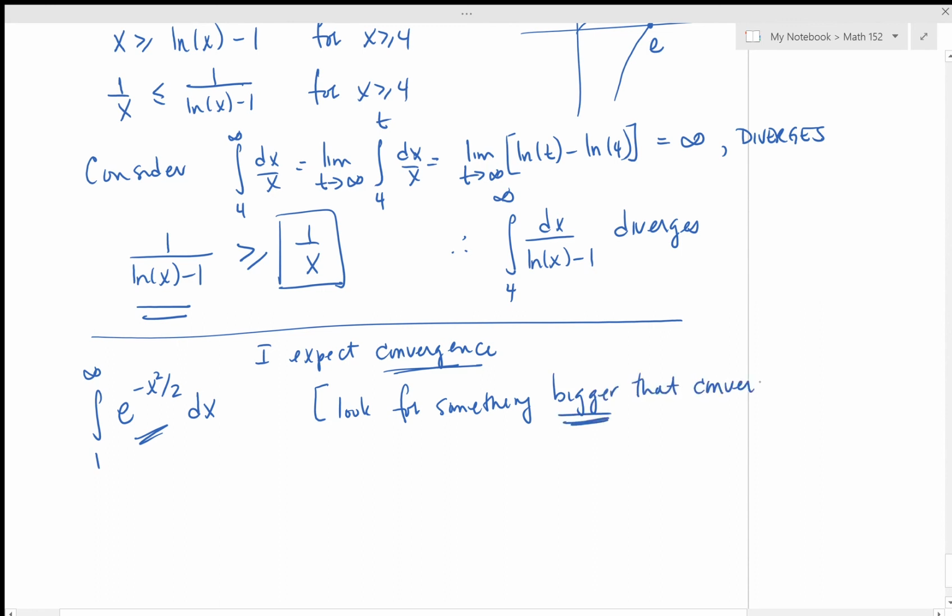Okay, if I can't find that, then maybe my intuition is wrong. If I can find that, then I'll show that it converges. So you have to kind of make a commitment of what you're doing. I'm looking for something bigger that converges. Okay, the next thing I'm going to do is write a series of